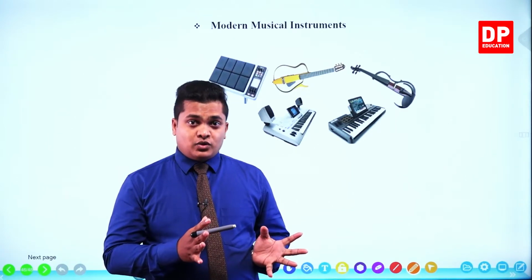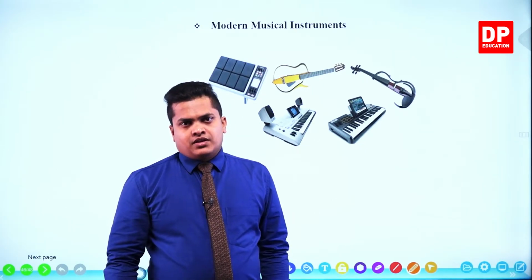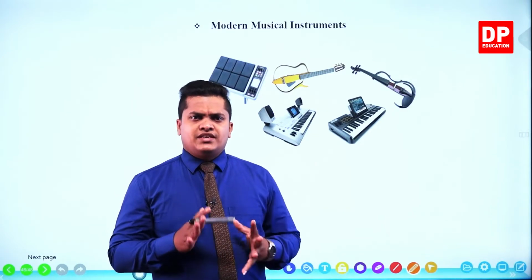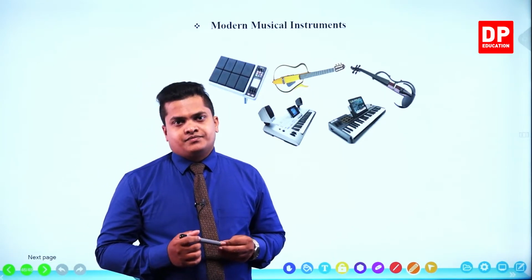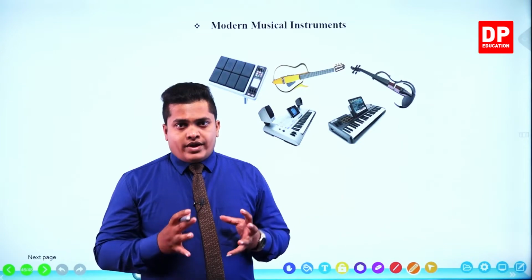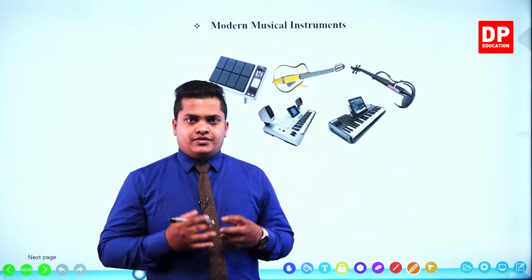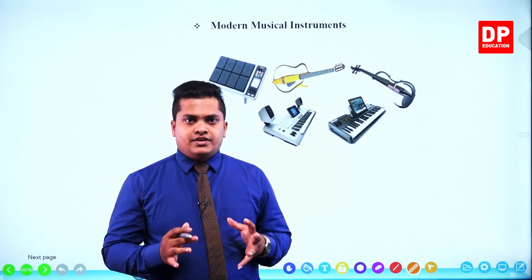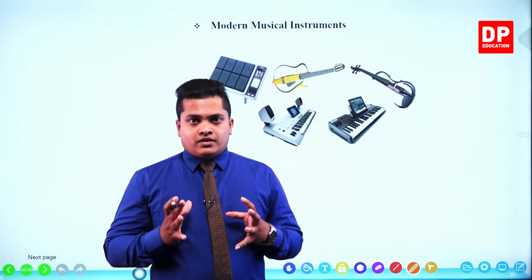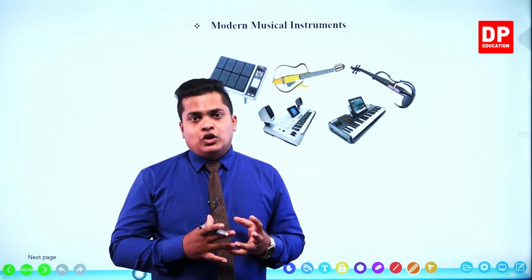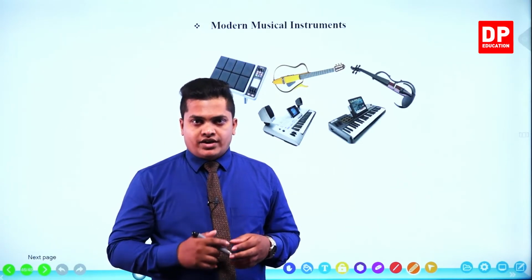So in that kind of situation, digital music is being produced. How is digital music produced? Mostly from these modern musical instruments. That music is very pleasant to our ears. The quality of the music is brilliant in these cases. The quality is much better. When you take the music created by those modern musical instruments, they produce wonderful sounds with good quality.